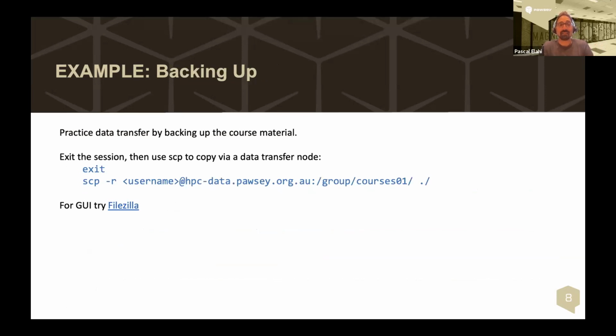Here's an example of backing up, right? They have a copy command and they're pulling from /group, courses 01, and they're trying to save some data. Here, /group, as I said, has a longer policy. Now, I should preface as well, for training purposes, the stuff will vanish after 3 days. So everything that you've got in your directories under the course XXX numbers is going to be gone soon. Right, 3 days it'll live and then it's gone. So don't put anything critical there now. Wait till you actually have access as a formal account on Magnus for more permanent